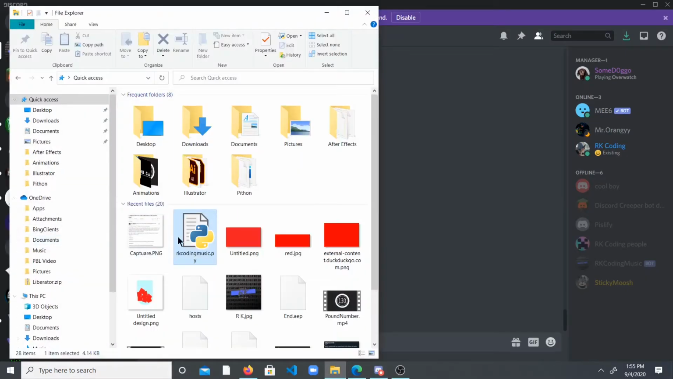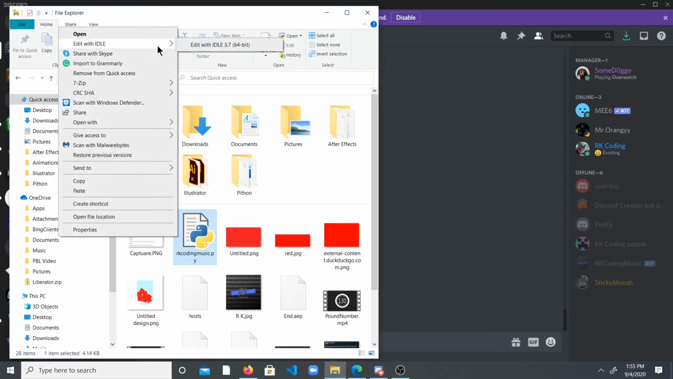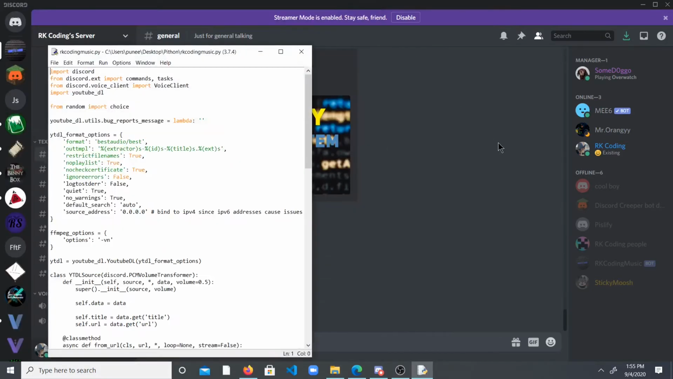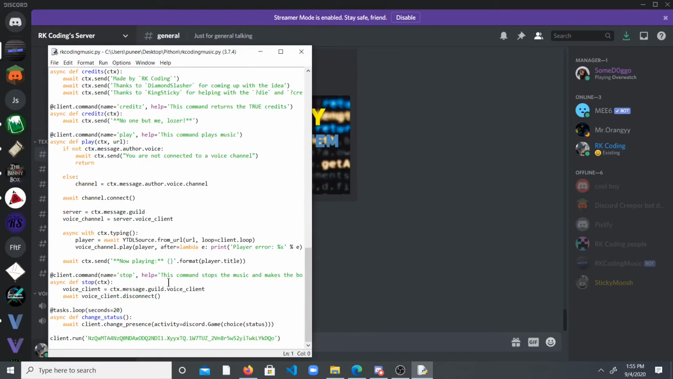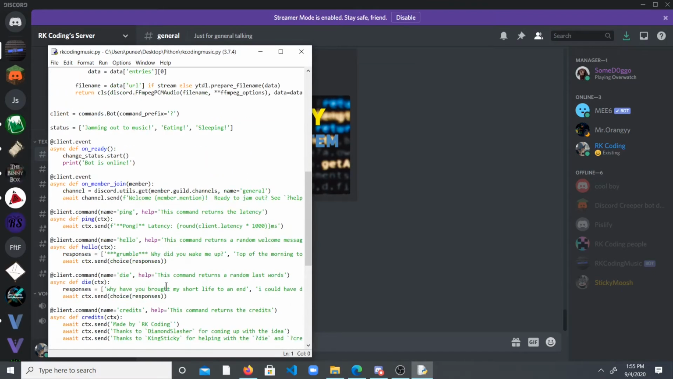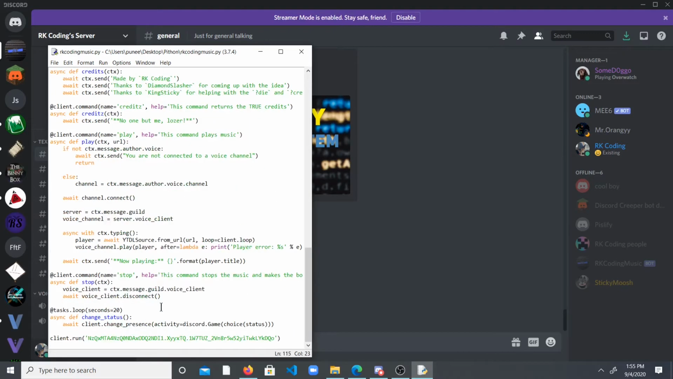Okay, so I'm going to be using the same code base as last time, but this will pretty much work with any code base. Basically all we need to do is have this context passed in. So let's create a separate command. And let's call it